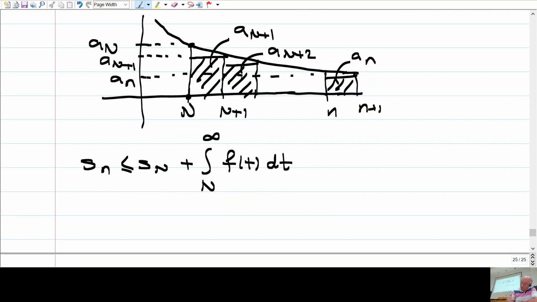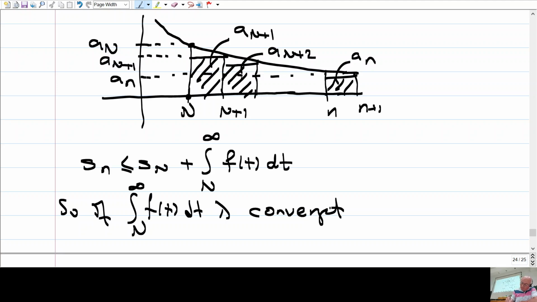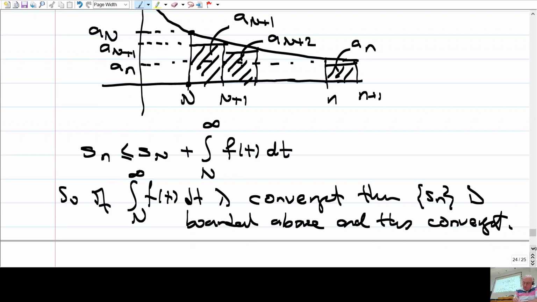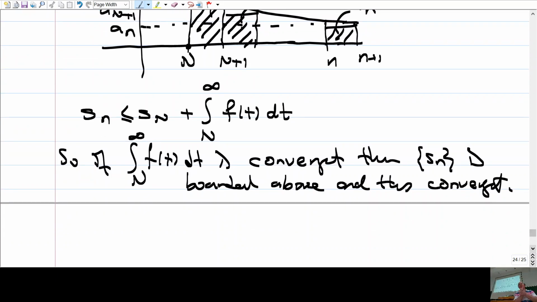So if the integral is convergent, then this sn is bounded above and thus convergent. Why is that? Because sn is a sequence of partial sums of a sequence of positive terms, right? The an's are all positive. So sn is increasing